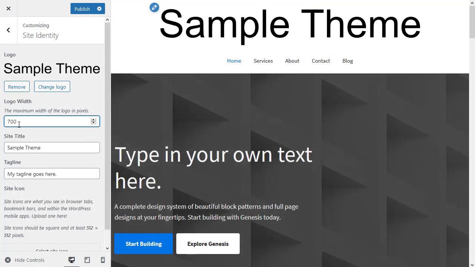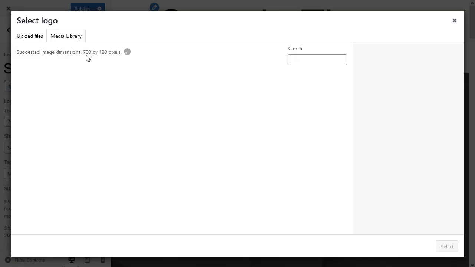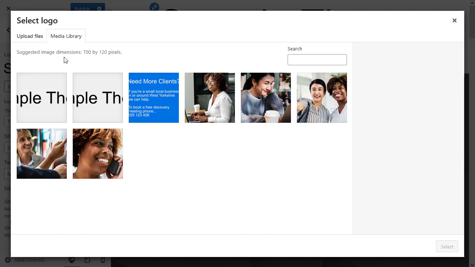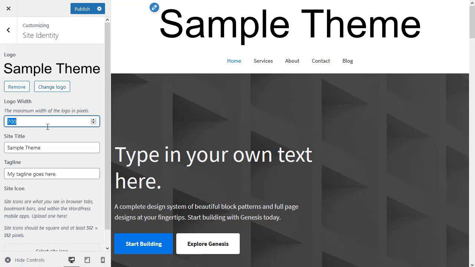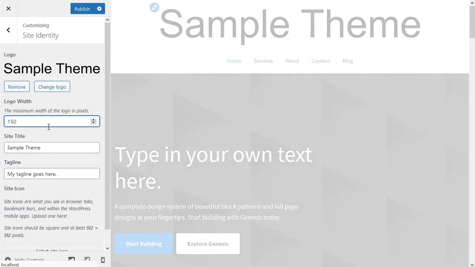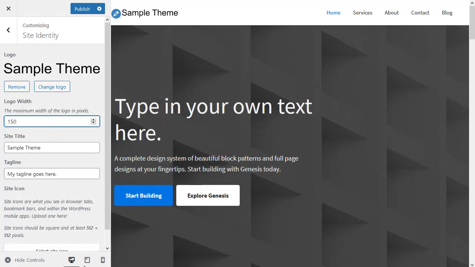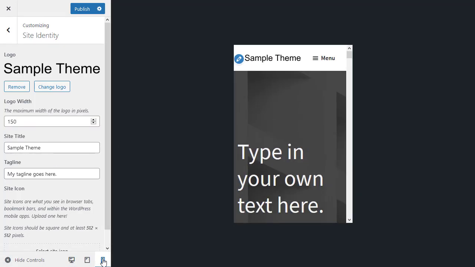it's a lot bigger. So make your image, when you add your logo, it tells you here the logo dimensions are 700 by 120, but after uploading the logo, if you change the logo size here, now I'm making this just 150 wide, and the reason for that is when we're using a mobile phone, now the logo will sit at the side of the menu. If you make the logo bigger, say 300, 350,